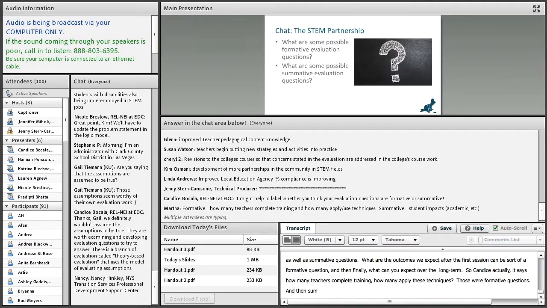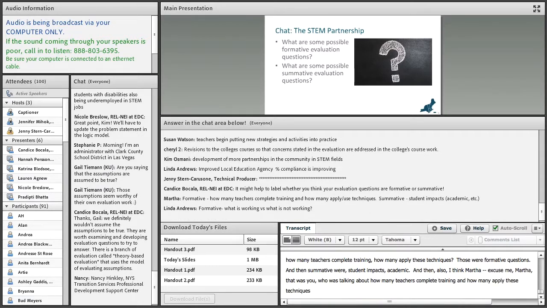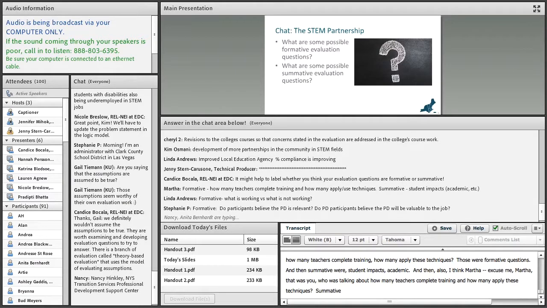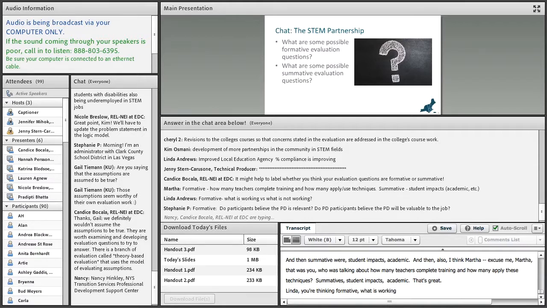So Candice actually says, how many teachers can complete training and how many apply use techniques? And then summative were student impact, academic, and then also, I think Martha talked about, excuse me, that wasn't Candice, Martha, that was you, who was thinking about how many teachers complete training and how many apply use techniques. Summative, student impacts,